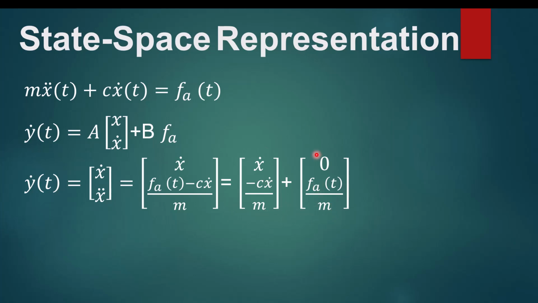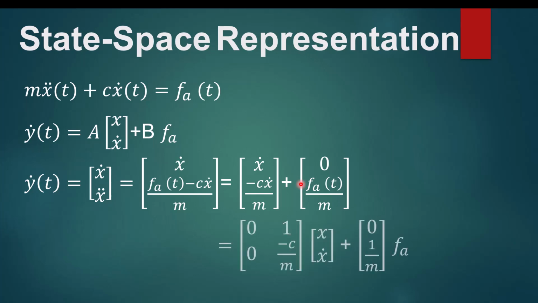And this is a form that can be converted into a state space representation. So don't forget what we're going to do. We wanted to write y dot in this form: a matrix times my state variables plus a matrix times my input. And what we did here was